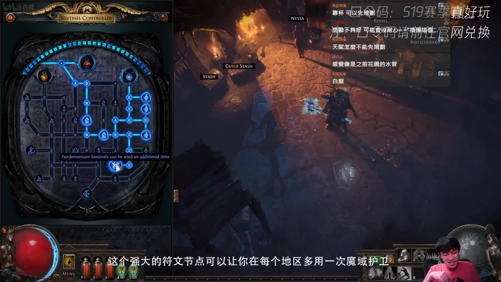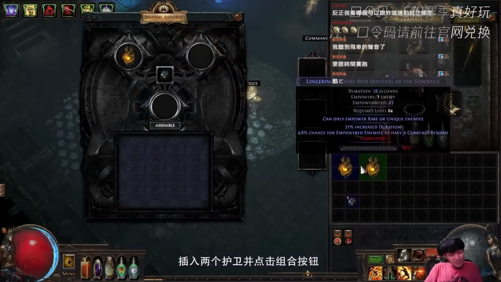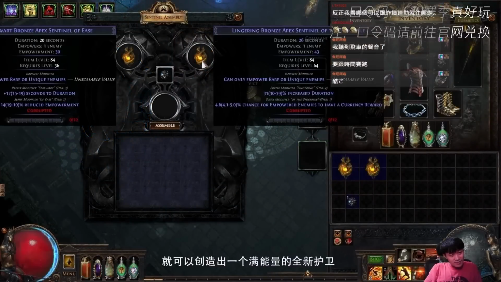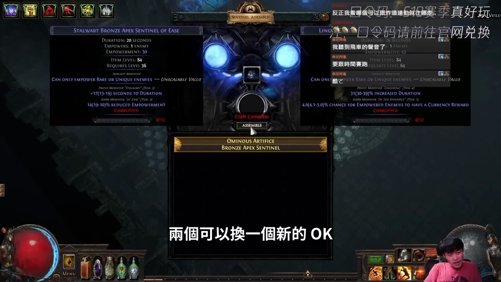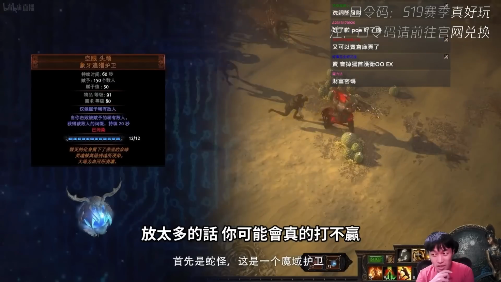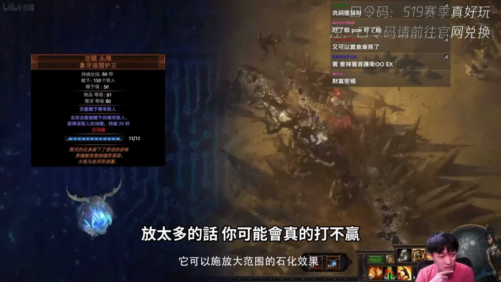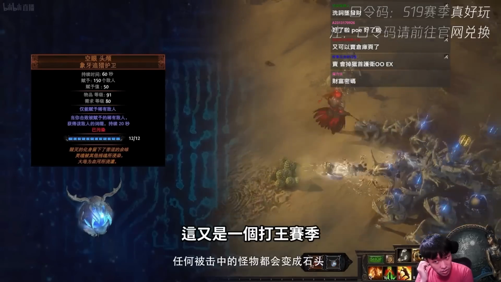This powerful runic node allows Pandemonium Sentinels to be used an additional time each area. If you insert 2 Sentinels and click the Assemble button, a new, fully charged one will be created. The Basilisk augments its wide area of effect blast with a petrification. Any monsters caught in the blast are